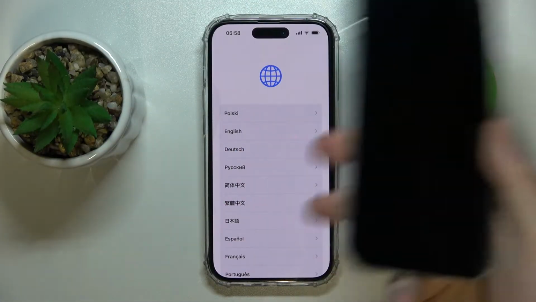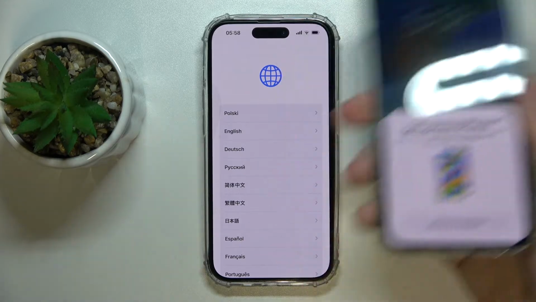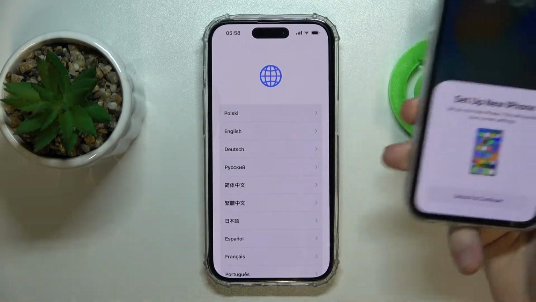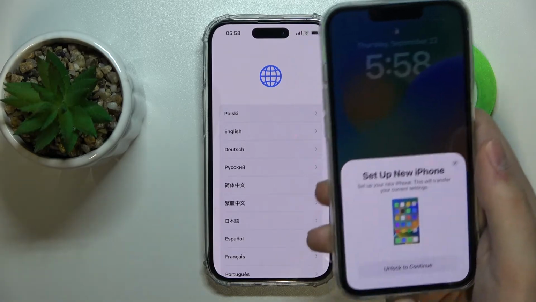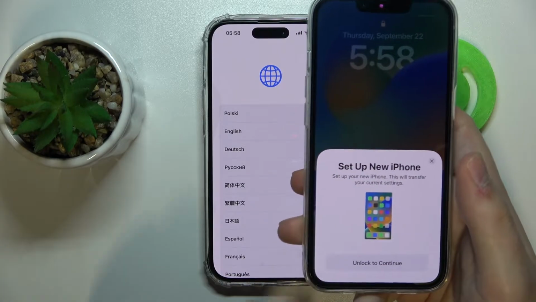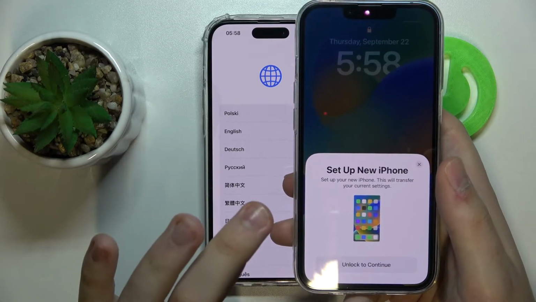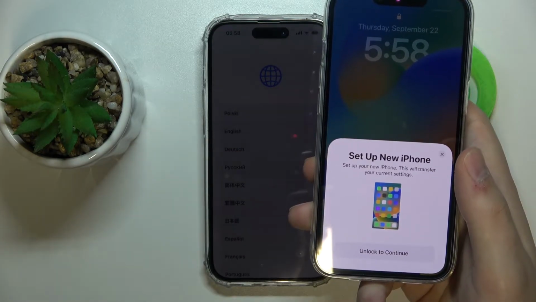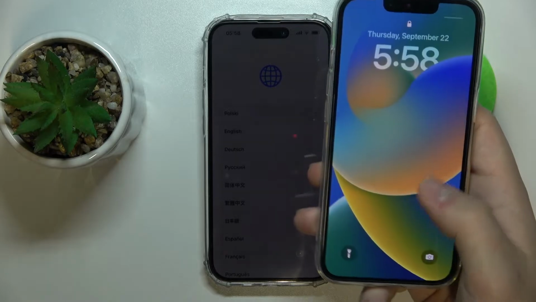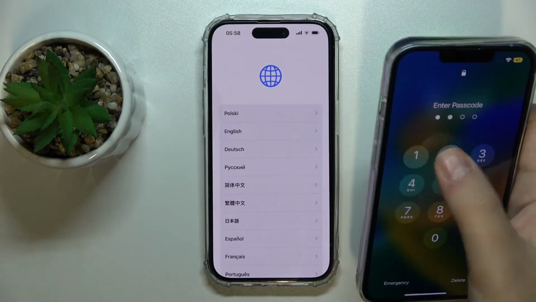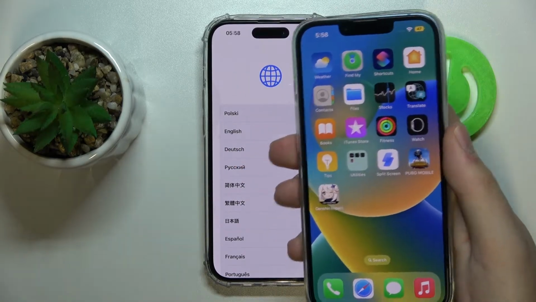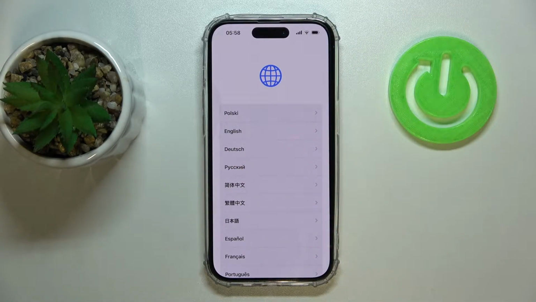Next, take your old iPhone, old device. Make sure that you brought the two phones together, they're close enough. And on your old iPhone, you have to receive this little pop-up window that says that you can set up your new iPhone from here. So basically, if it is not the case, what you want to do is to bring it a little further, then